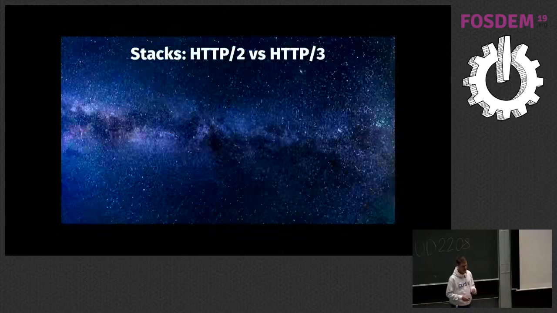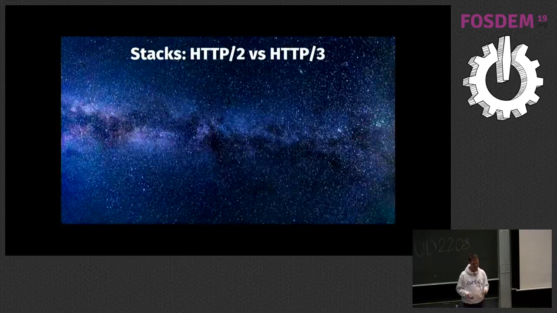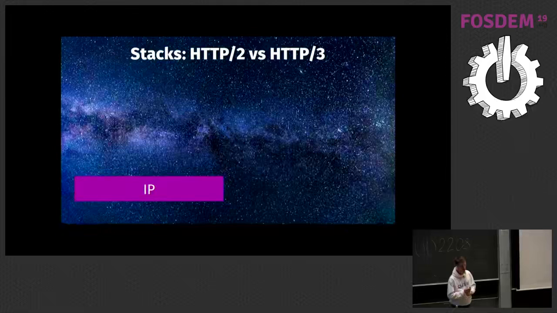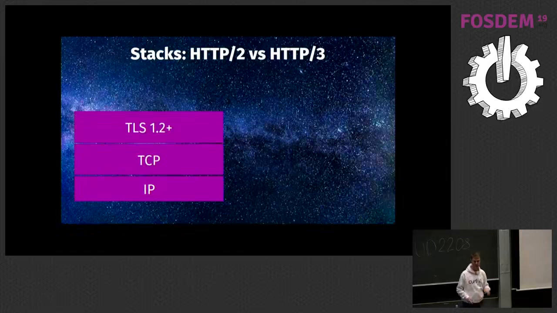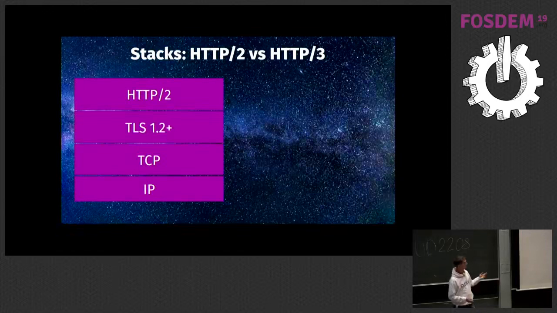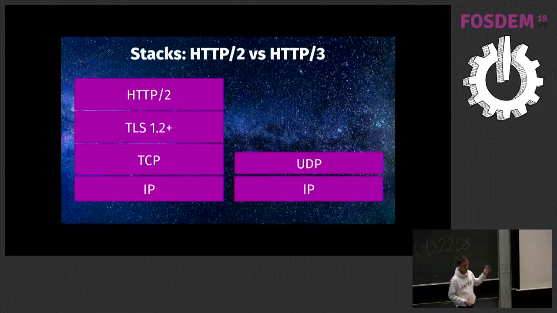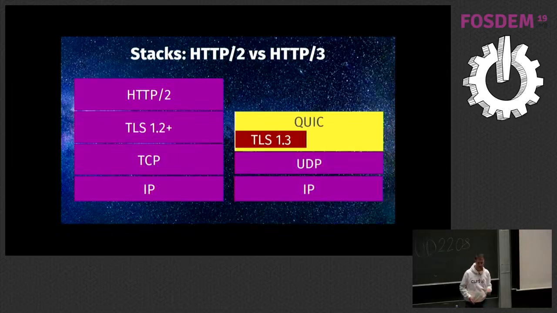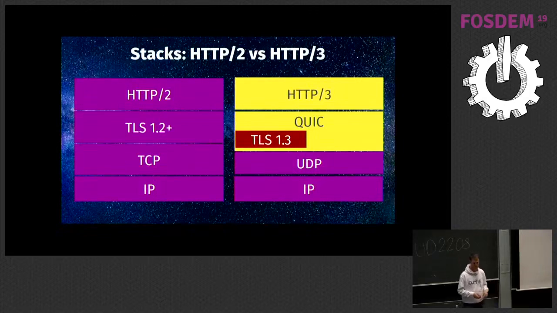Looking at the same thing stack-wise next to each other, this is how you view a regular old HTTP/2 stack: IP, TCP, TLS, and HTTP/2. Very simple. That's how we do it. Now we're introducing QUIC instead, which is not as simple. Since we can't introduce a new transport protocol, we do everything with UDP, and we add QUIC on top of that. We use TLS 1.3 for encryption, and then we add HTTP/3 on top of that. That's HTTP/3 done over QUIC. QUIC uses TLS 1.3 internally. I'll get back to the TLS situation soon.